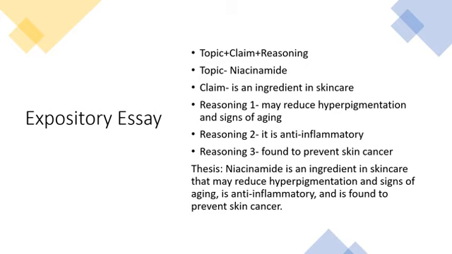At this point, if you're writing an expository essay and your professor keeps coming back to you saying you're being too argumentative, it is the language in your claim that you want to look out for. Imagine if we added beneficial before ingredient. Then we have niacinamide as a beneficial ingredient, which is a clear polarizing statement and creates a more argumentative tone for an essay that doesn't particularly need it. You'll also notice that I have clearly labeled my separate reasonings here.